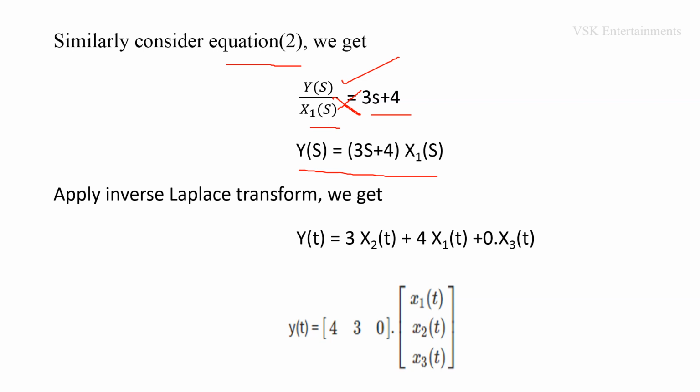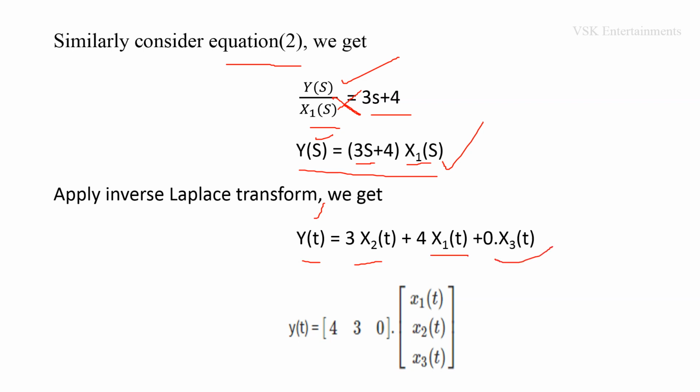Again apply the inverse Laplace transform to this equation, going from the s domain to the t domain. Y(s) becomes y(t), equal to 3s into X1(s). 3s into X1(s) becomes 3 into x2(t). Why? Because s into X1(s) is dx1(t)/dt, that is nothing but x2(t) from the previous analysis, plus 4 into X1(s), that is 4 into x1(t), and the third state